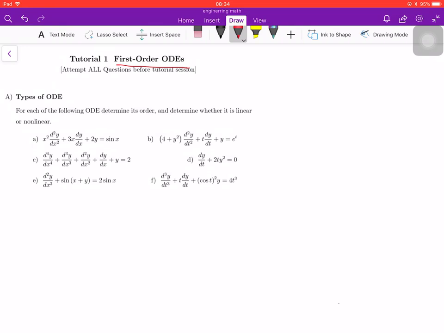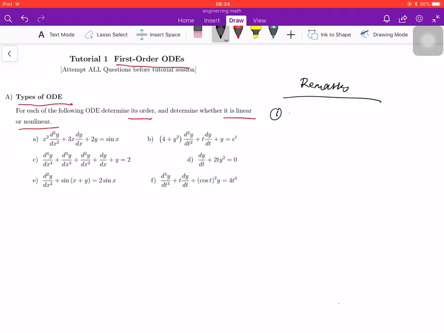So we first see section A, types of ODE. For each of the following ODEs, determine its order, and determine whether it's linear or non-linear. But before we look into the answers of these differential equations, let me remind you what we have learned in